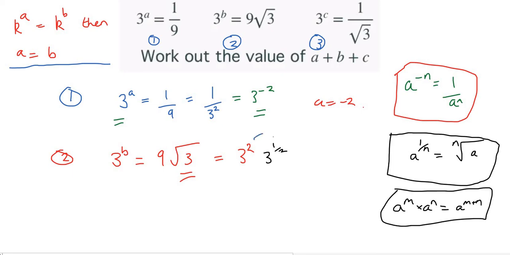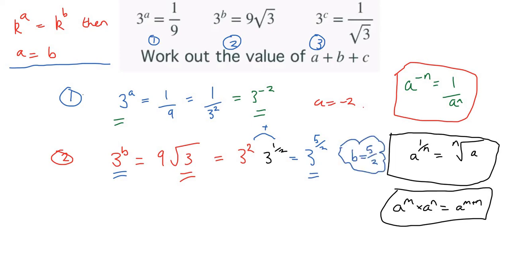So all we have to do is add these powers. So we get 3 to the 2 plus a half, which equals 3 to the 5 over 2. So this tells us that, well, we have 3 to the b equals 3 to the 5 over 2, so b equals 5 over 2. Right, finally,